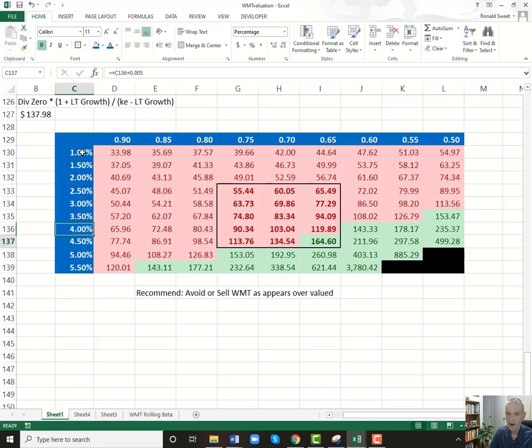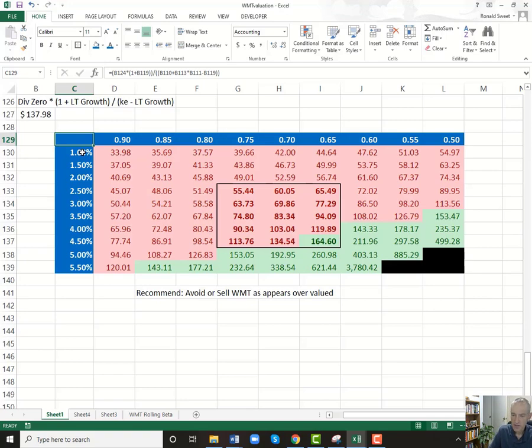struggling. I really have a hard time believing Walmart's going to have consistent 5.5% growth for the next 30, 40, 50, 60 years. That's much faster than the economy. You know, I think the economy is going to grow 4 to 5%. I just don't think Walmart is a firm that's going to grow faster than the economy. They're so saturated in the markets they're in. They're really struggling growing overseas. And there's some pretty hefty competition. Obviously Amazon and Alibaba and firms that are just really good competitors. So I would probably recommend for this firm,